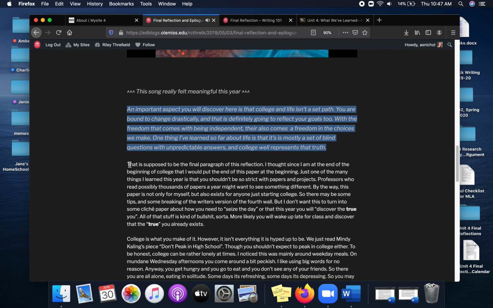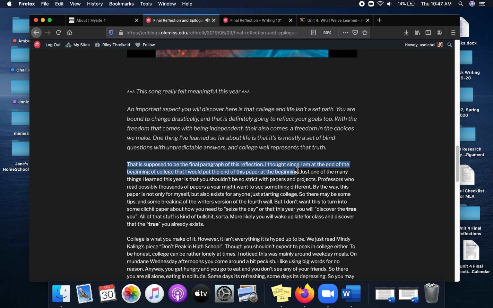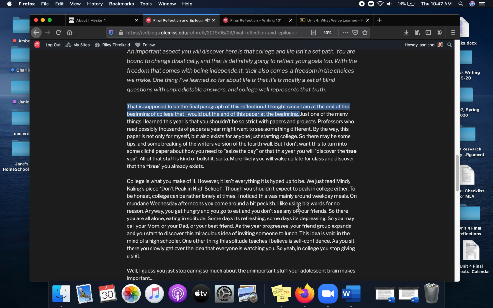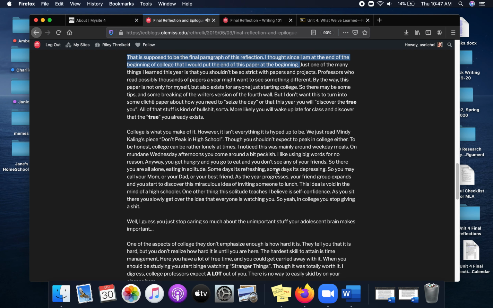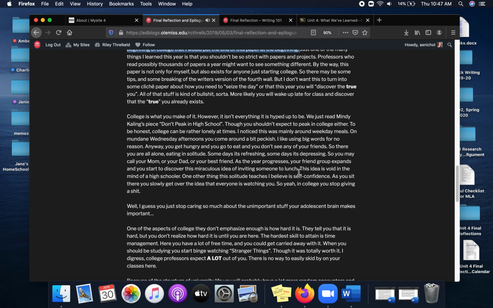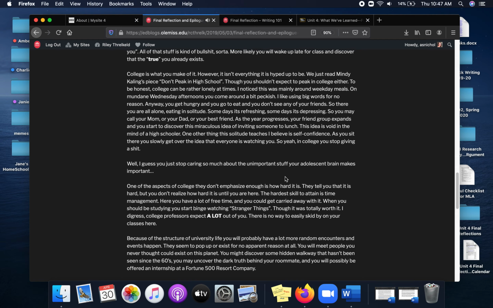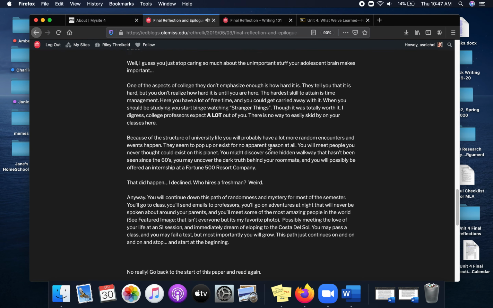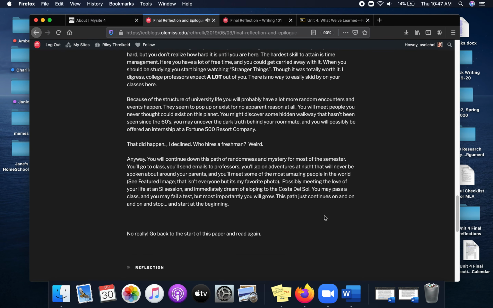And then you'll notice here he says that is supposed to be the final paragraph of this reflection. I thought, since I'm at the end of the beginning of college, that I would put the end of this paper at the beginning. And he's very playful like that as you move along. He talks a lot about his audience being sort of you as first year students yourselves, but it's also about him. And even here at the end, he says,